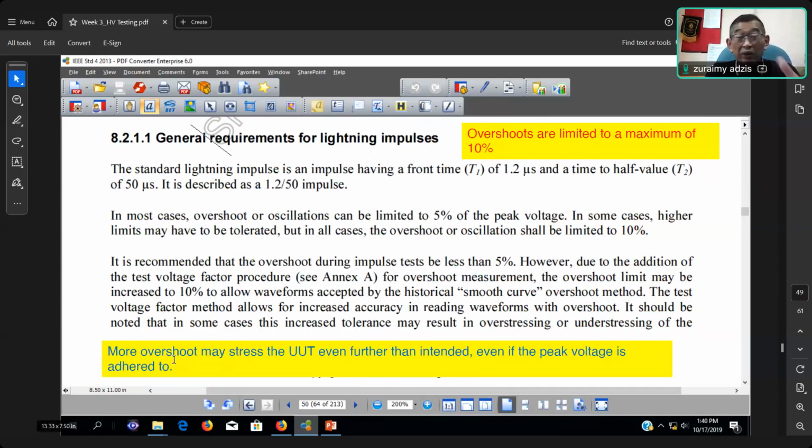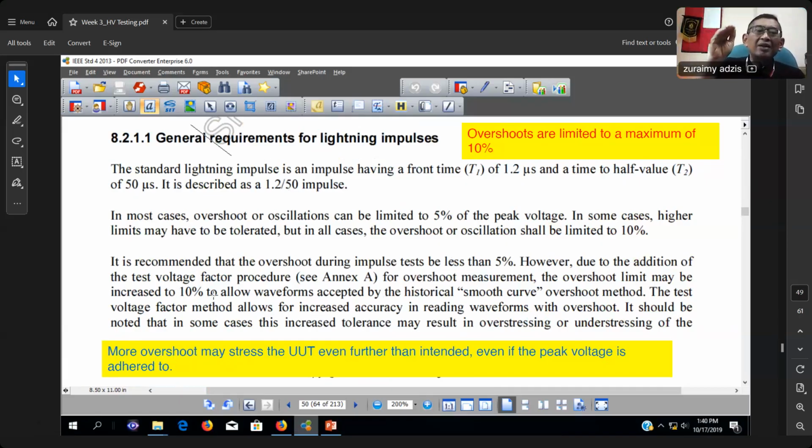Furthermore, you can overshoot, but just a maximum of 10% overshoot, meaning if the peak you want is 200 kV, but when you measure the voltage that you inject it is 220 kV,